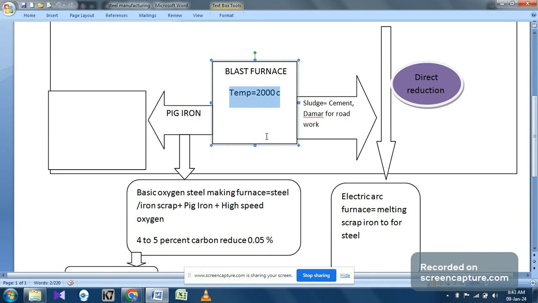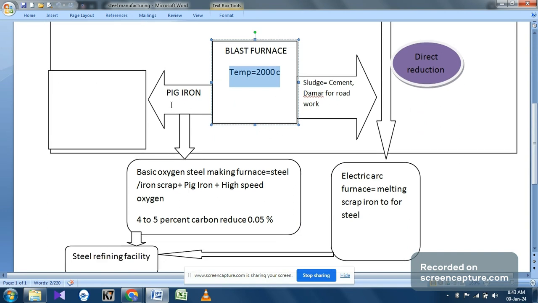So this pig iron, basically the first form of iron, we can then send directly to the